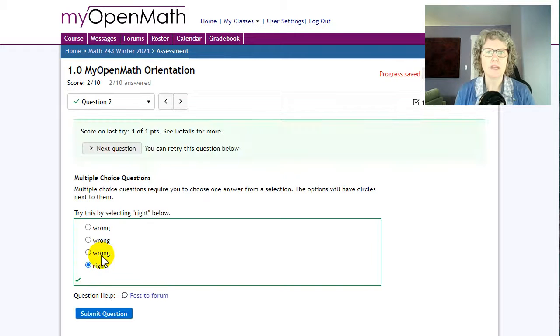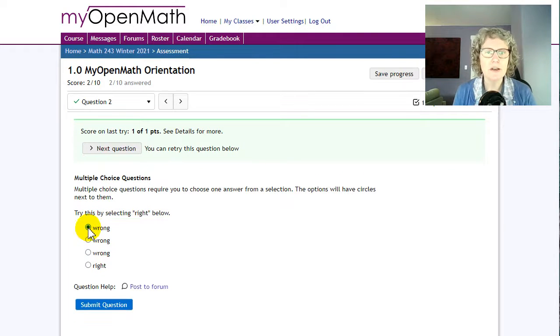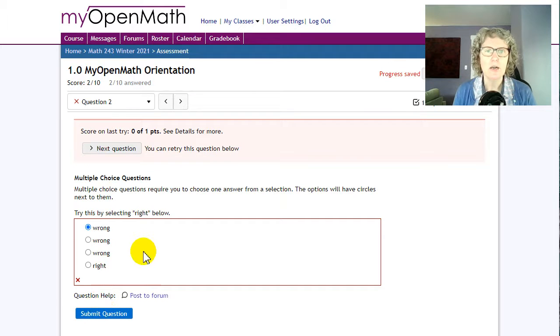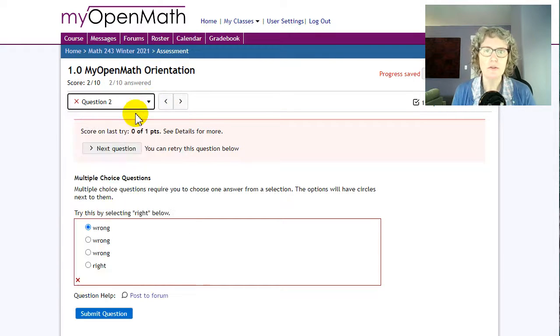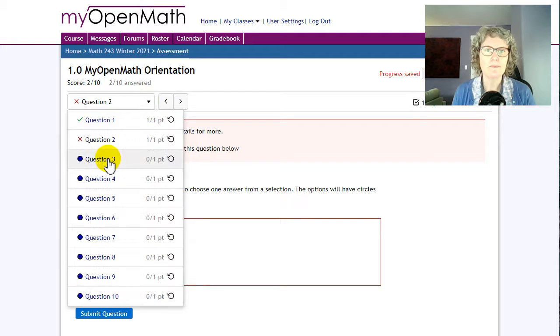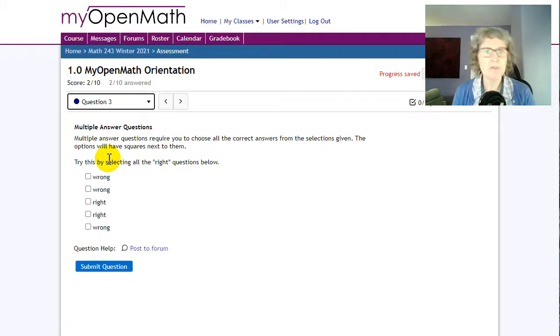Okay, now let me show you what happens if I got it wrong. I would see something red. So by a color it also shows you which ones you've gotten right or wrong. You might need to skip some, go to office hours, tutoring, come back later. You can always do that. You don't have to do them in order. I could say, oh, I'm just going to skip that for now. I'm going to go to question 3.